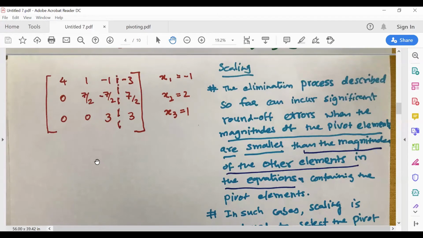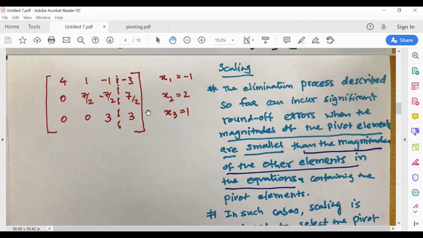Earlier our observation was that we were looking at this number and this number for pivoting, to operate on the main diagonal by interchanging rows. But we haven't looked at the other figures, which may be larger than these three numbers. In that case, the round-off error will increase if the other numbers are very large, and that is the reason why